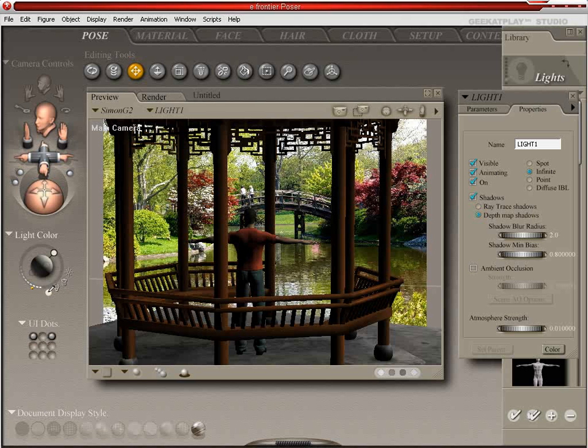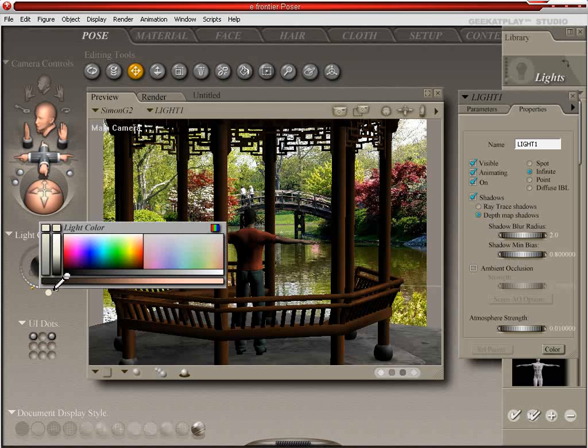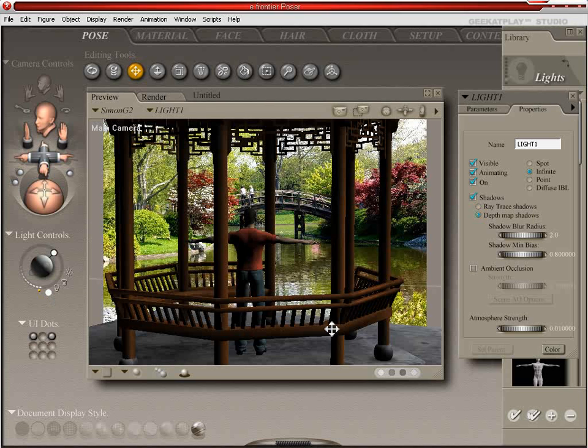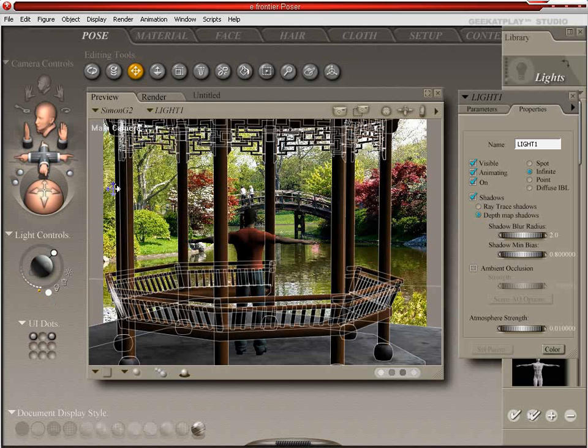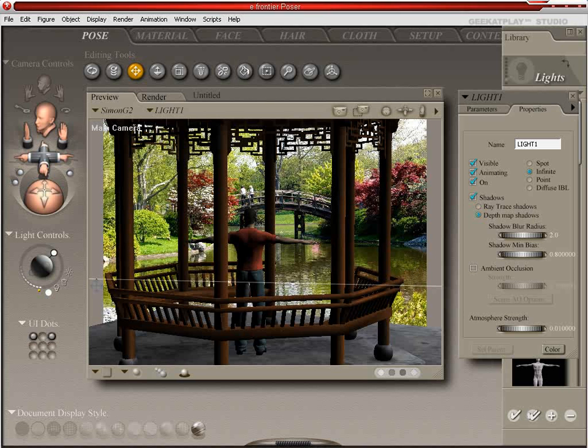It's actually kind of a bluish light, I think, that the sun will cast. Maybe a bluish green, really pale. And looks like we've got some reflected light from the pond, so we're going to actually create a new light by clicking this button. This creates a light over here,